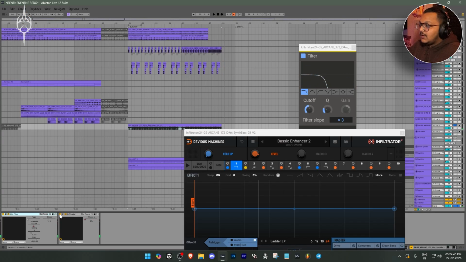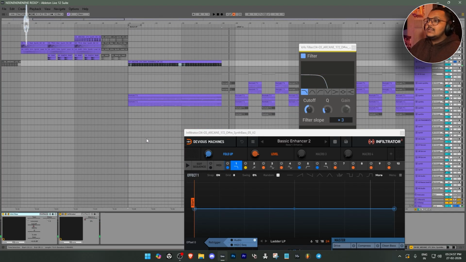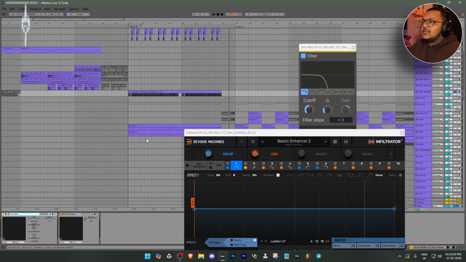I'll enable the Infiltrator now, so you'll hear what the Infiltrator and filter are both doing exactly. See, it adds that sort of upper harmonics when it's coming in slowly,